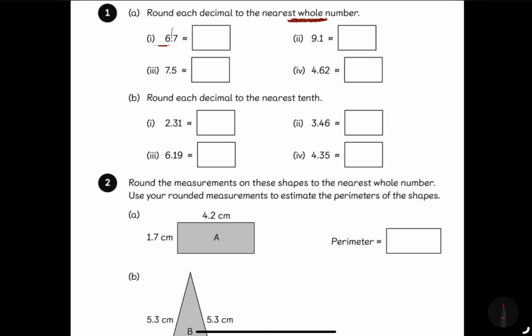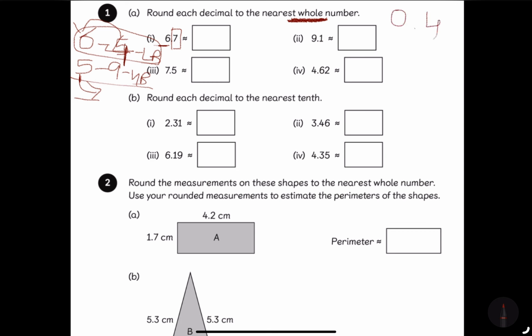Now, the key is 0 to 4 is my lower band, and 5 to 9 is my higher band. What do I mean by lower band and higher band? Lower band means if the number is up to 4, we round it to the nearest lower number. If the number is from 5, we round it to the higher number. Let me show you with this example, and we keep this key in mind: 0 to 4 and